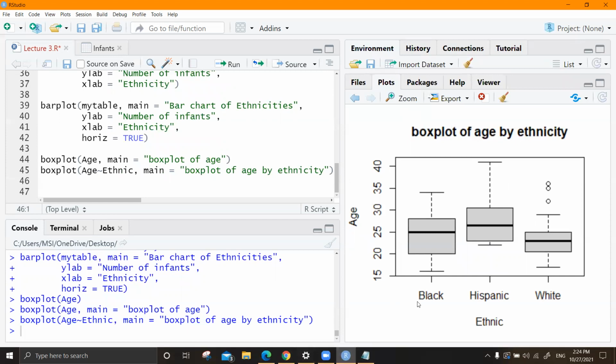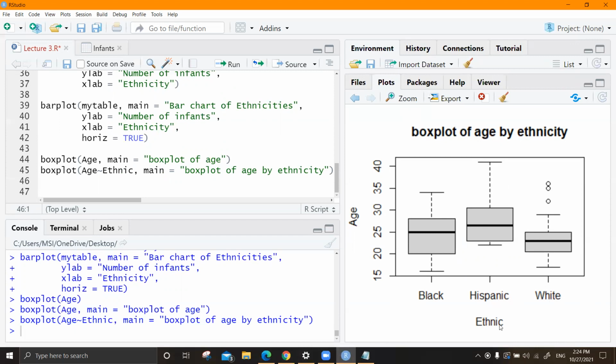This will give you, for each and every ethnic group, how the age is distributed. You can see most of the outliers are coming from this one. Outliers means extreme observations, extreme cases. It's not close to the rest; it's far away from the general set of observations.